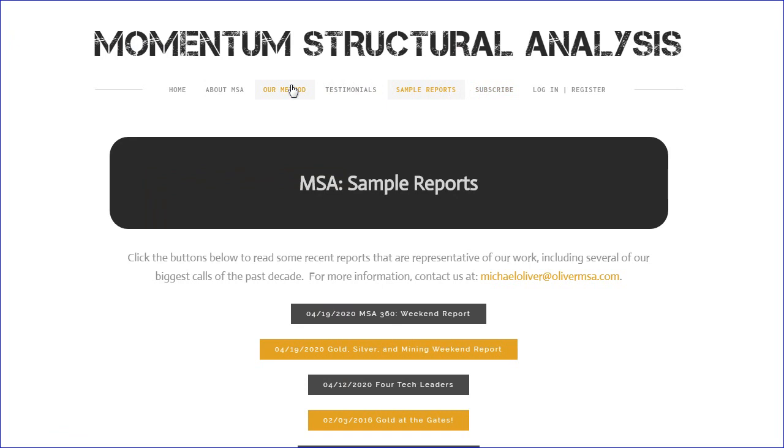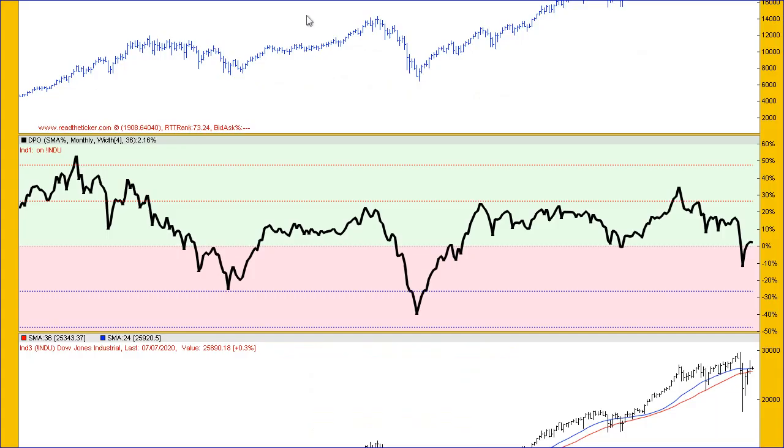Now the first thing to understand about momentum structural analysis is that every price, at any time frame, has a relationship with moving averages. Some moving averages fit better and some moving averages don't. Right, so now we're going to look at the Dow Jones